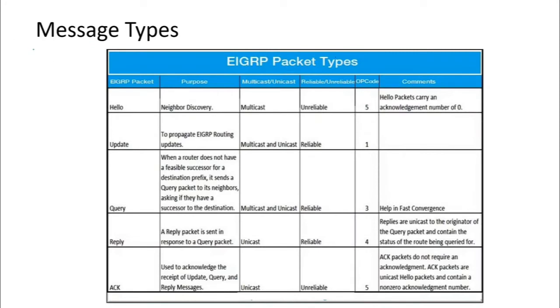Okay, so let's have a look at some of the message types in EIGRP. We just saw that it is sending hello packets. The first hello packet is for the purpose of neighbor discovery. Whenever we have two routers and we configure EIGRP on both of them, one of the routers will initiate traffic saying I want to know about you. That's also a hello, right? So the purpose of that hello is neighbor discovery. The first packet is the hello packet, or hello message.